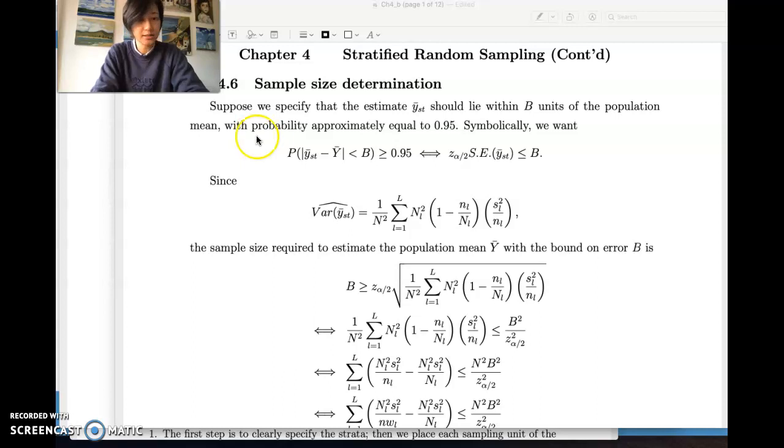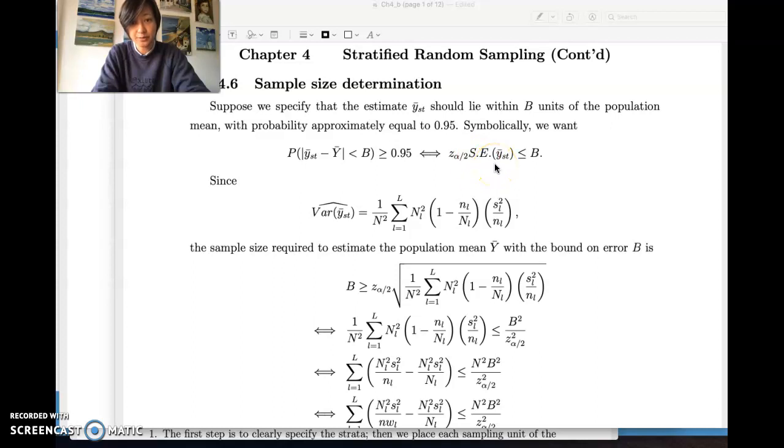So we set the probability that the absolute error, the difference between our estimate and the true value, is less than the bound of error b to be approximately 95%. Under standardization, we can say that the critical value multiplied by the standard error of y bar is less than or equal to the bound of error. And from the previous lecture, we talked about how we derive the standard error of our y bar estimate